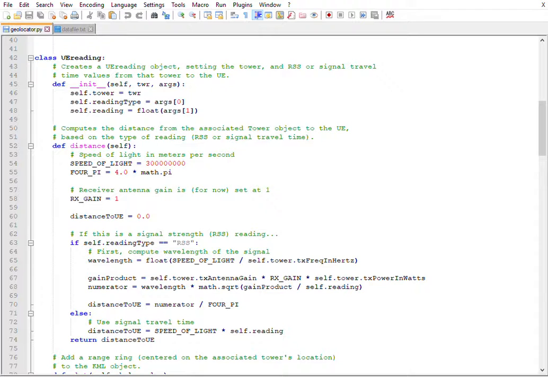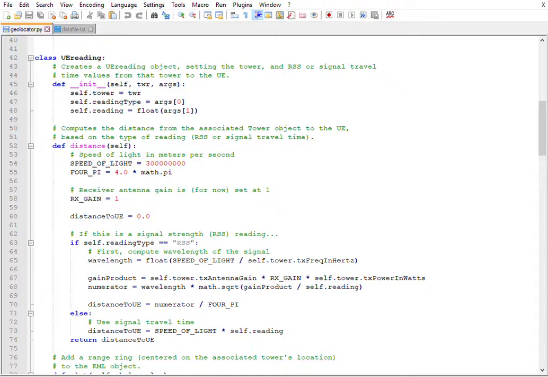There are 2 algorithms for computing distance from the cell tower. One is to use received signal strength, which attenuates according to a certain formula. The other is to use the propagation time, which we can multiply by the speed of light to determine the distance that way. So the distance method on line 52